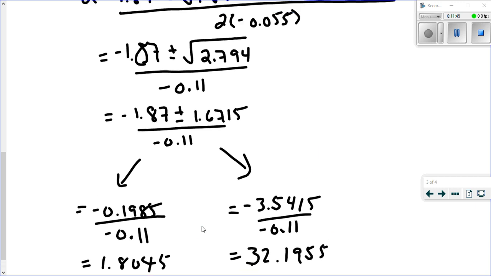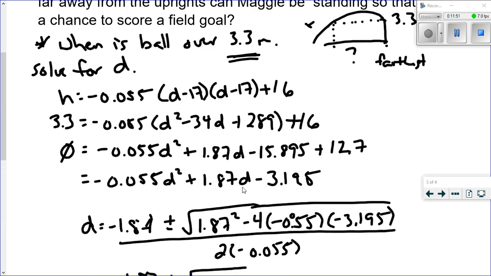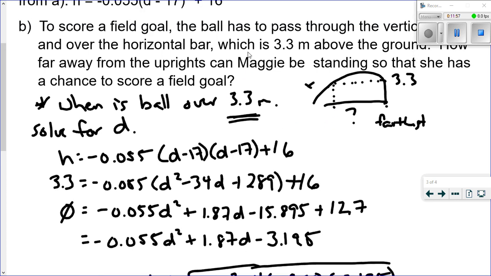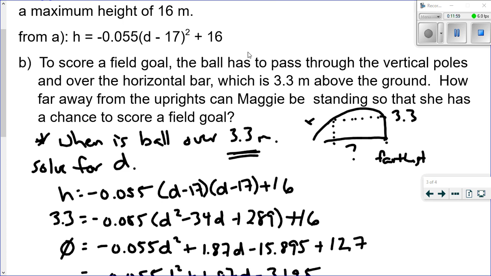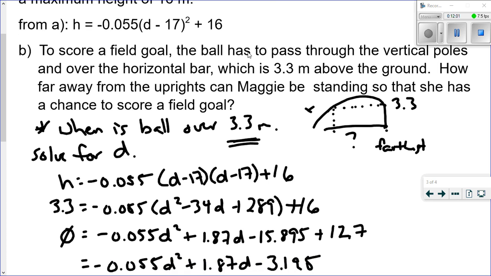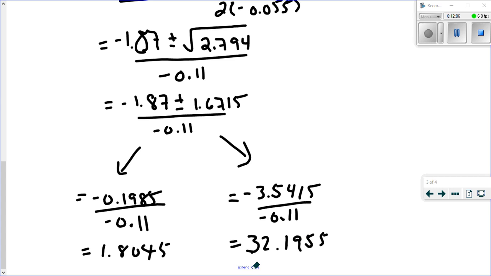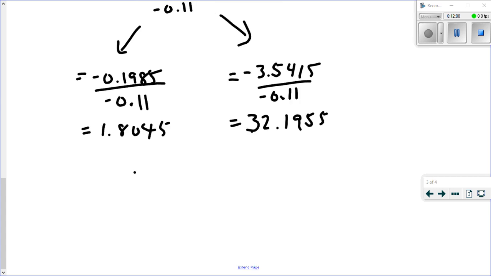Now remember, this first number, the 1.8, corresponds to this value here. And while it is accurate, oh, actually, I thought it said the maximum. Okay. So, therefore,